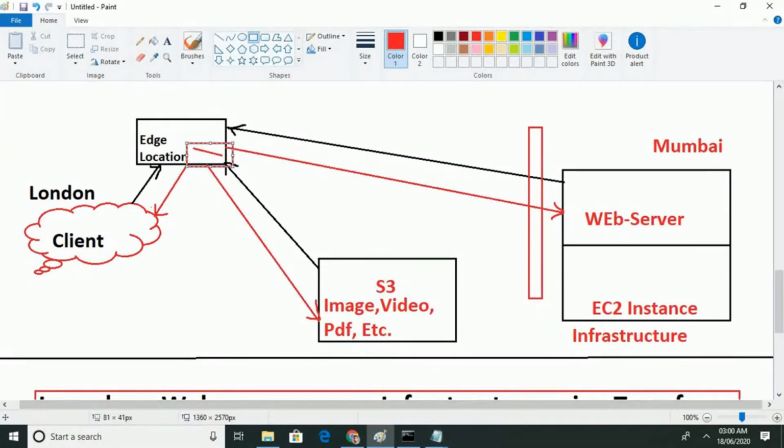So whenever a client hits the web server, it checks whether the static data the client requested is available in the cache. If yes, then the edge location will provide it from the cache to the client.